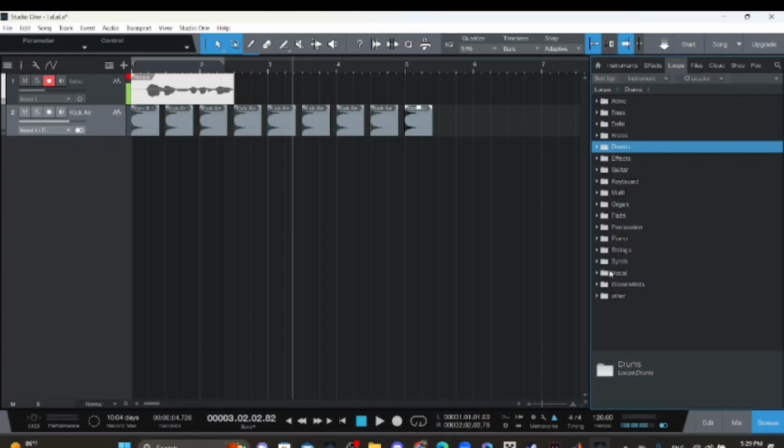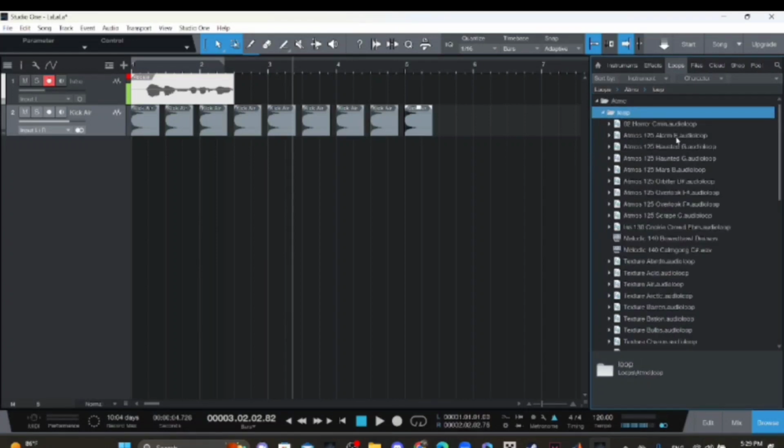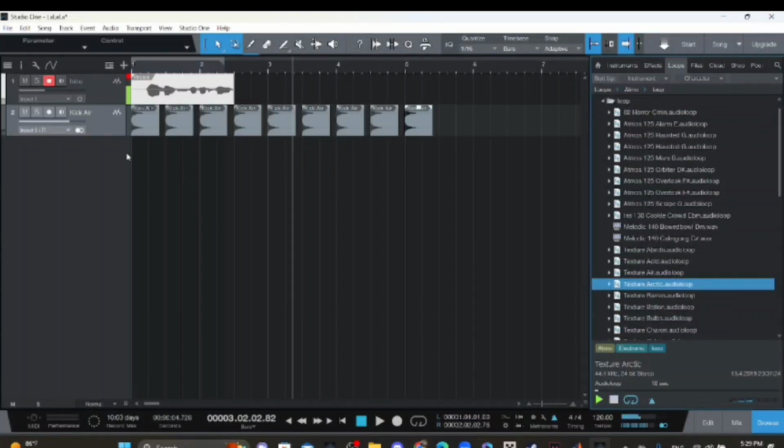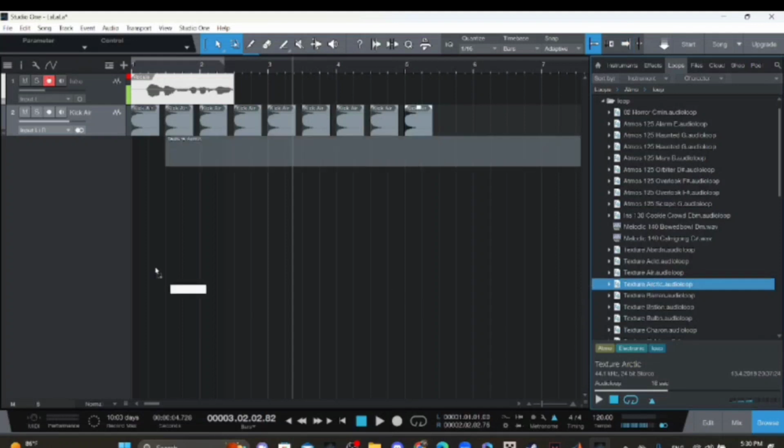There's vocals. I remember the first time I used this, I used it for a song called Merely Me. I tried it out. It worked. Try out whatever you decide. There's a lot of options. They also have chords, so if you're playing in G and E, or just the chords that you're playing. So yeah, here it is, the texture. If you want to make it arctic, you hear it. I don't even have to play it over here. Well, I don't think you guys can hear it actually. But you can pause it right here, keep it in a loop, whatever you decide. It even tells you the seconds of how long it is. And yeah, for example, if I add it in,